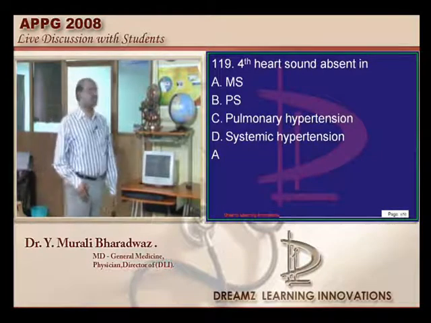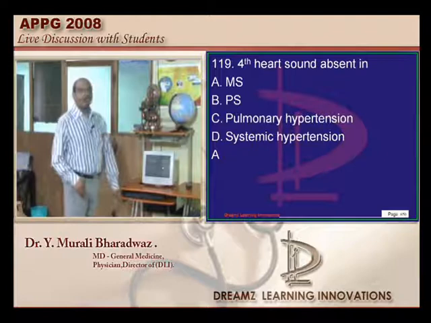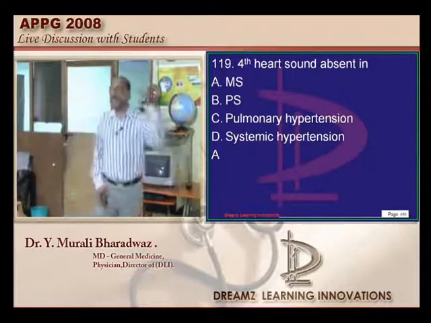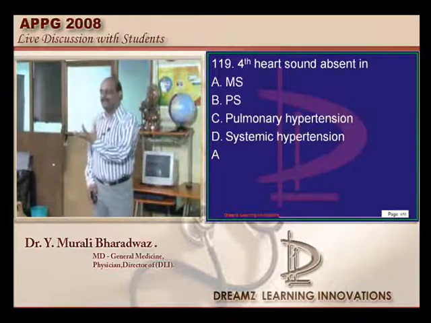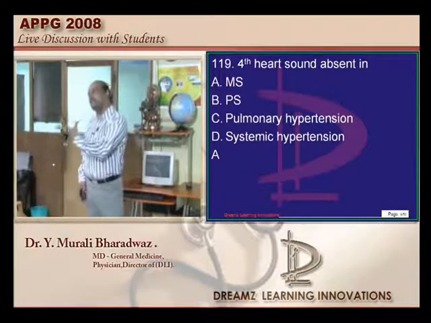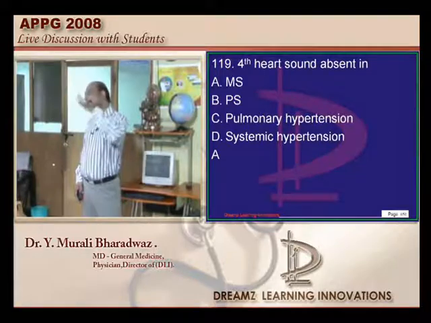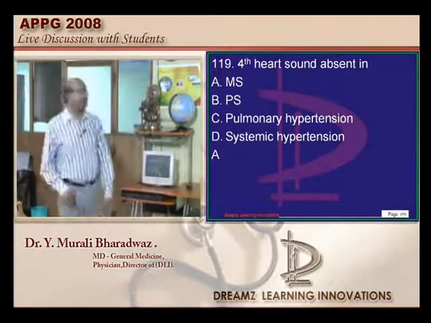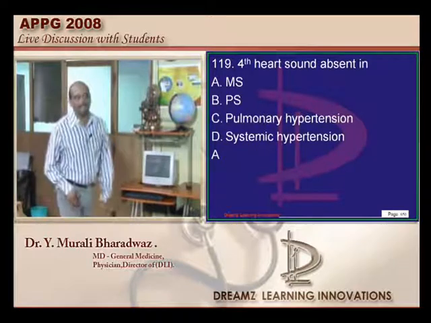Whereas in pulmonary stenosis or aortic stenosis or pulmonary hypertension or systemic hypertension, whenever there is a load falling on the left ventricle, the left ventricle becomes hypertrophic and non-compliant, then it leads to the rumbling of blood when the blood gushes in the last one-third of diastole. So that's the reason S4 is characteristically absent in MS.